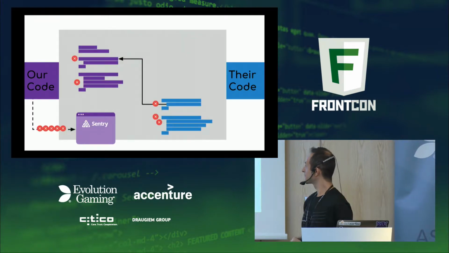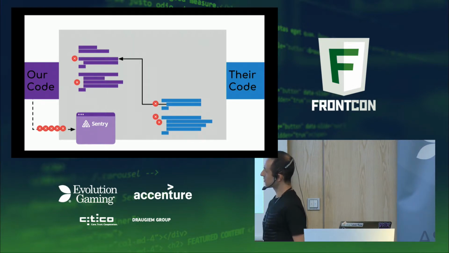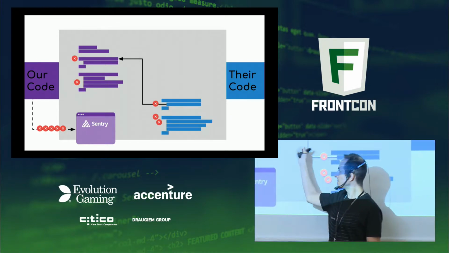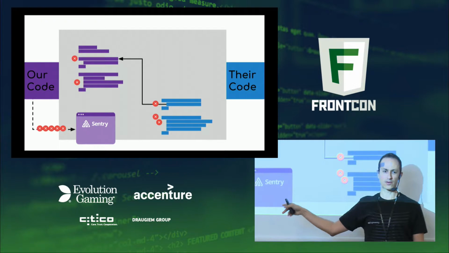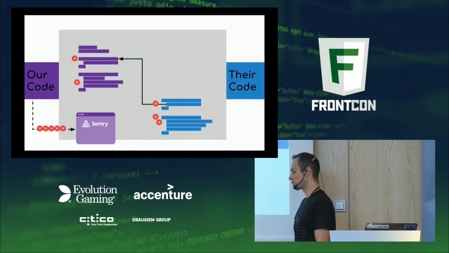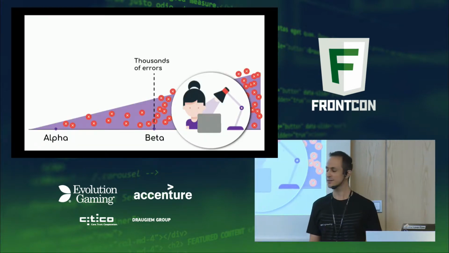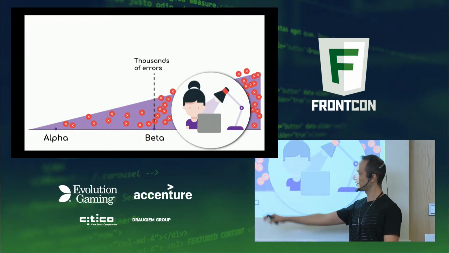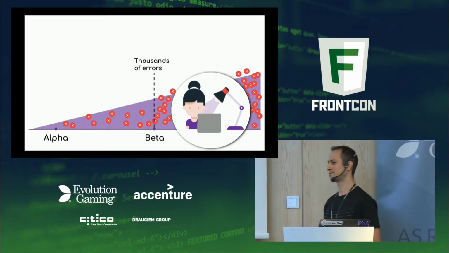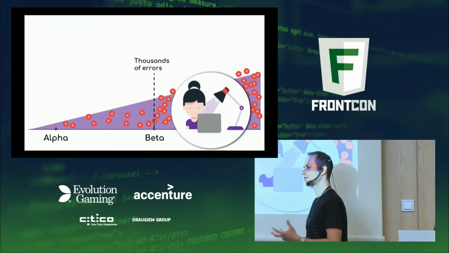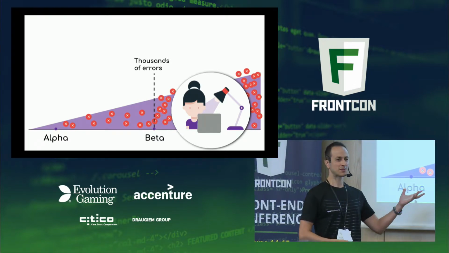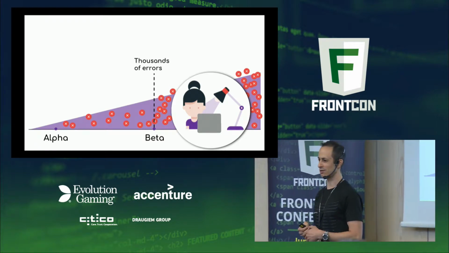So when they do that, we get the report. Let's visualize it. So if this is their code and it is being run within our code, so eventually if they have an error, it will throw an error to our Sentry, to our error reporting system. So at first, we weren't that worried about it. We went with alpha users, and we didn't have that many errors. So from time to time, a certain developer on the team took one for the team and went to Sentry